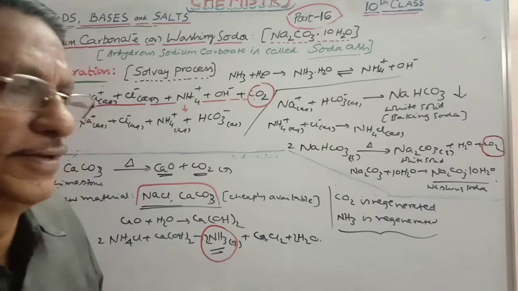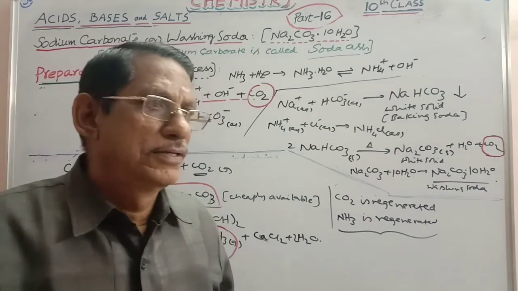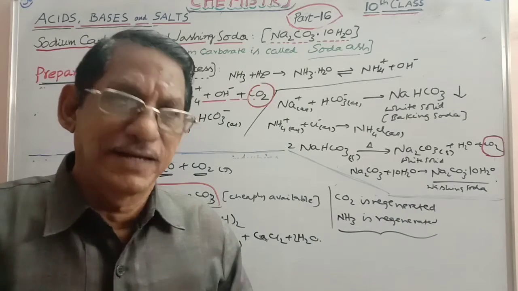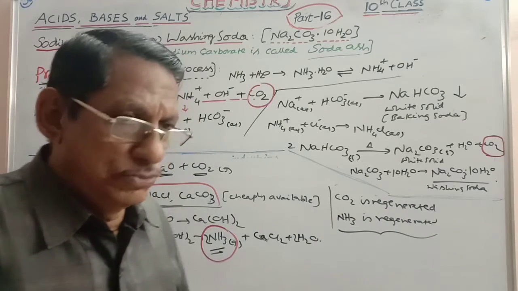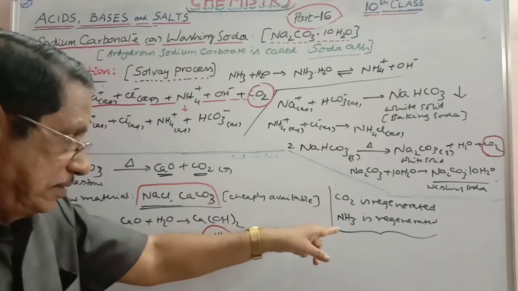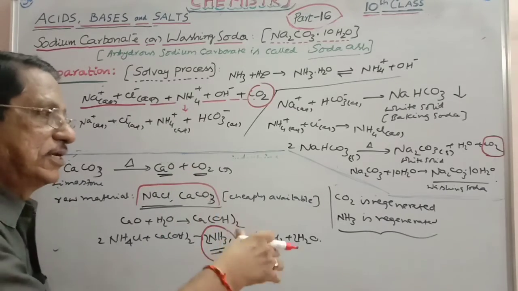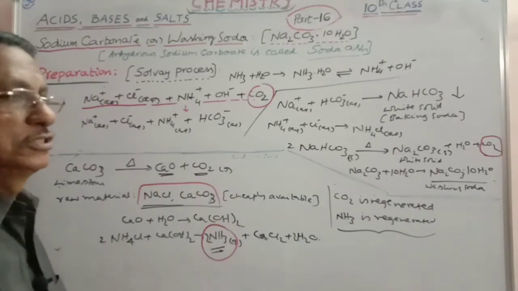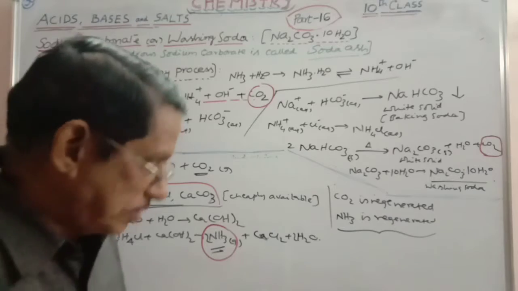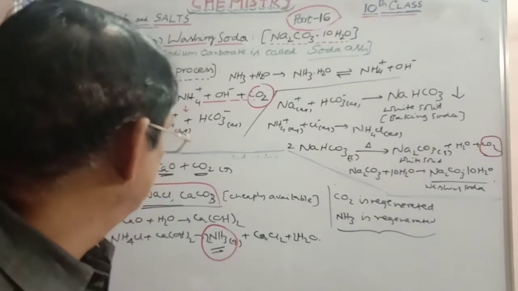And that is why the Solvay process is the best one to prepare sodium carbonate decahydrate, because the raw materials are cheaply available, and the other materials that are required here are also obtained during the procedure, and they are regenerated and will be reused again and again. So the process is cheaper. Okay, right? Next one, I have to consider